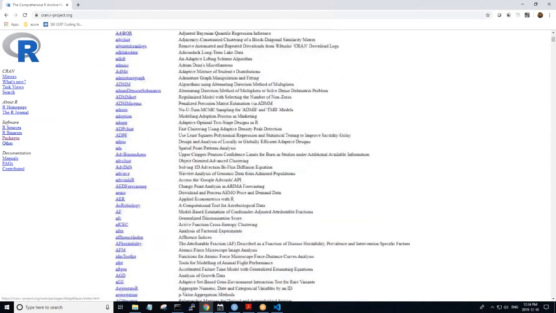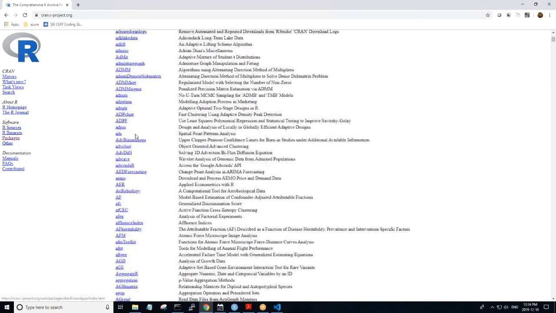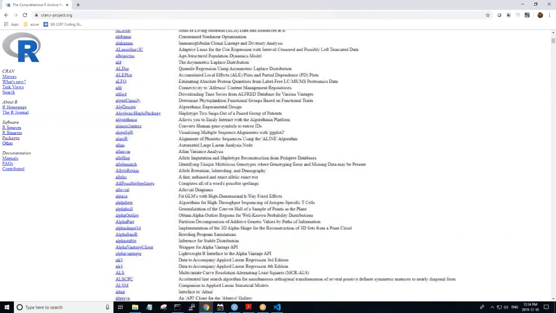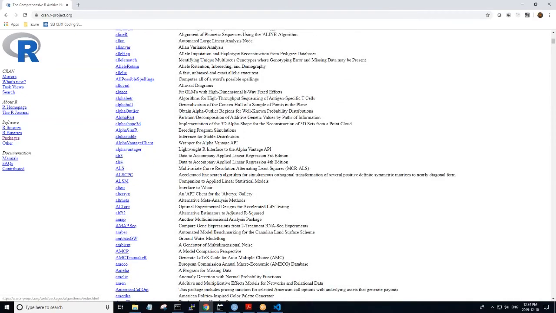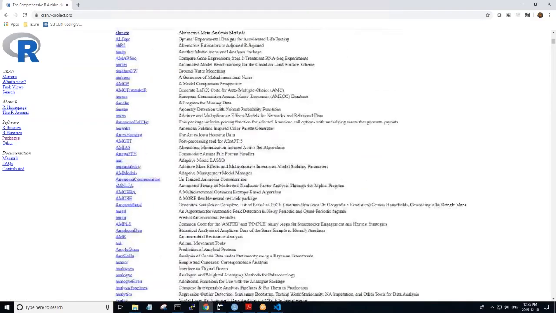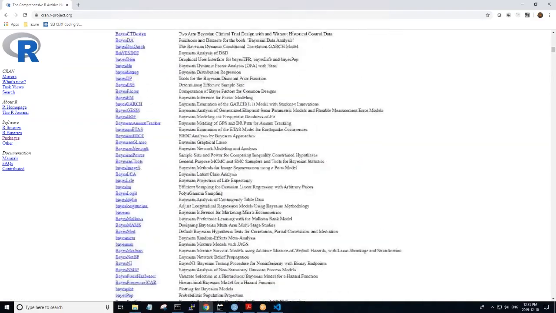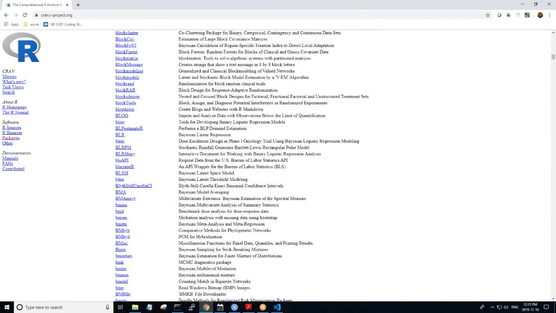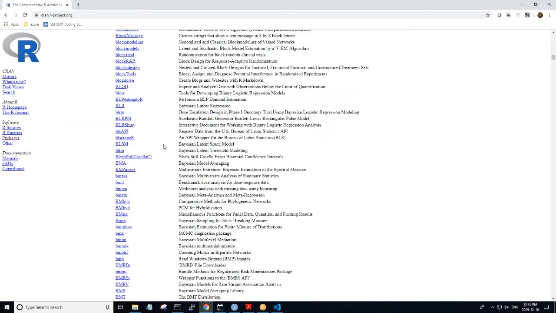I'm even just in the A's at this particular point, with spatial point patterns analysis. These are contributed generally by people who've developed them for their own projects and realize that they're useful for other people. As you can see, I'm still only in the A's and B's. There's a wide range of packages. Here's an interesting one: create blocks, assign, and diagnose potential interference in randomized experiments.